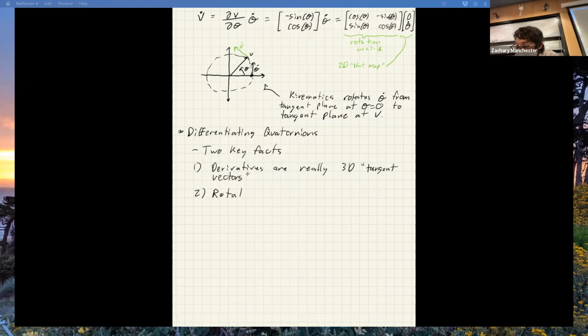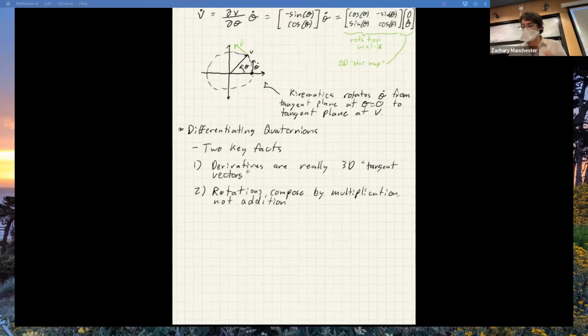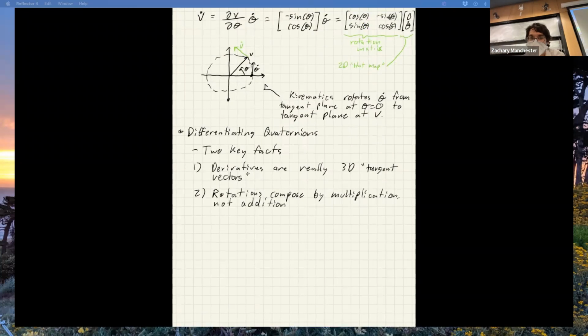These are the two things you have to keep track of. If you keep these two things in your head and turn the crank on the math, this stuff will all work out. So the first step is we're going to talk about infinitesimal rotations,